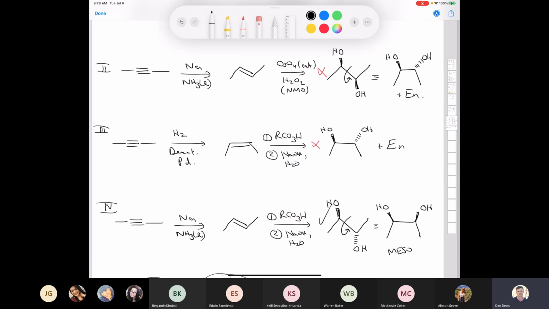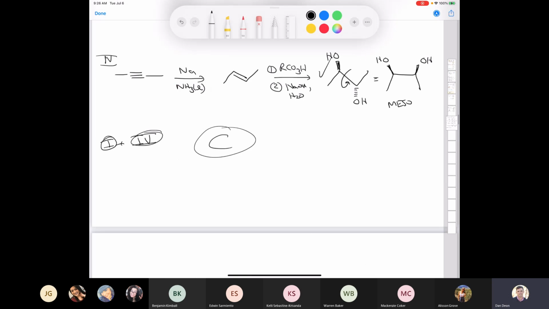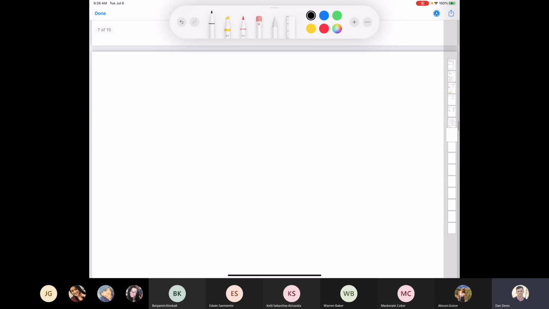Anti-addition to a trans, and if you rotate it, you do end up with a meso. Let's try it again, Warren. Let's take a look here. So I made some notes of different things I wanted to look at. So let's review, okay? And we'll be a little more consistent with the conditions that are